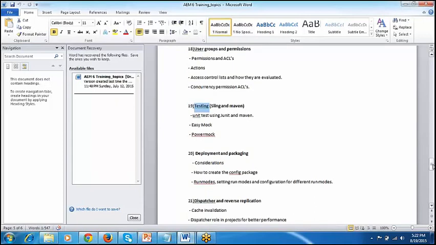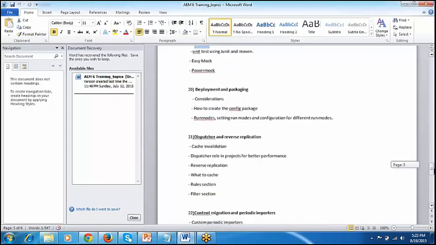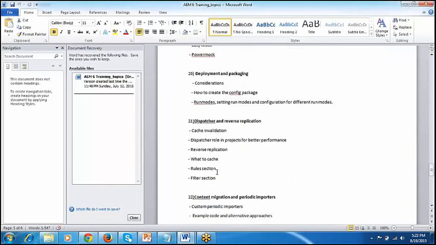Then dispatcher is used for the caching. We're just going to see this dispatcher part. Configuring the dispatcher comes under AEM, under the admin part. Under the developer part, you'll just understand what all are there in the dispatcher section, okay?